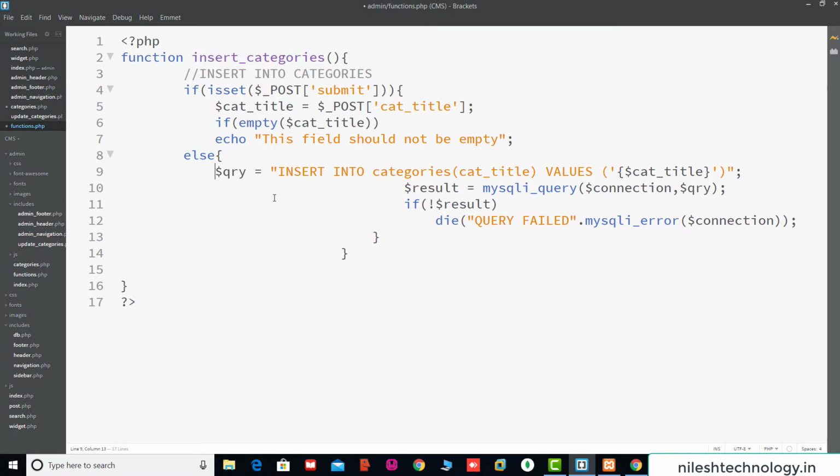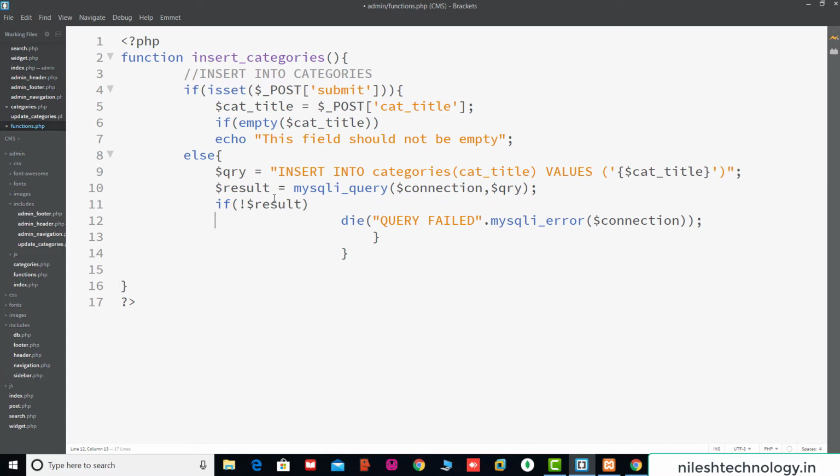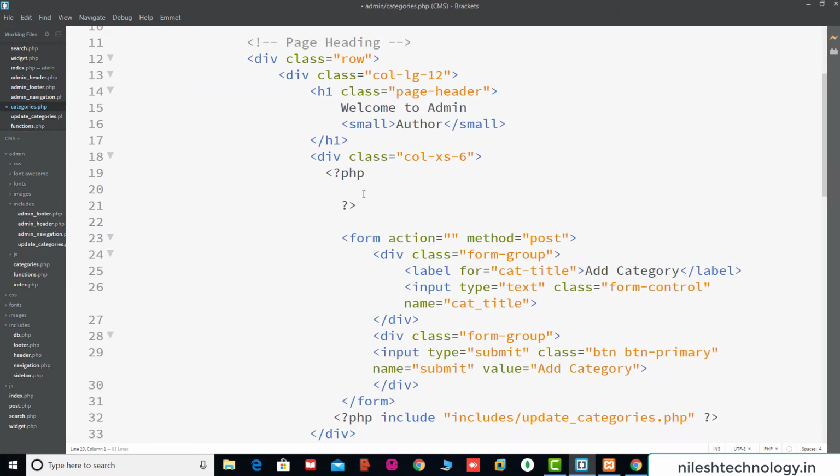Here we shift all this data in proper order. Okay, fine. And call this function instead of this script.